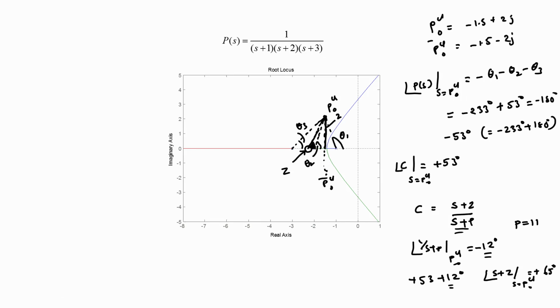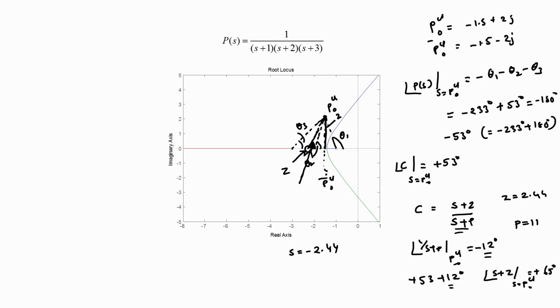Now, if one once again employs trigonometry to compute the location Z at which the angle subtended by that zero at the point PCL naught, in other words the shaded angle in this figure here, which I am once again indicating by means of this arrow, is equal to plus 65 degrees, one can compute that the zero has to be placed at S is equal to minus 2.44. In other words, the term Z in this particular controller would be equal to 2.44. The new value of Z has to be equal to 2.44.